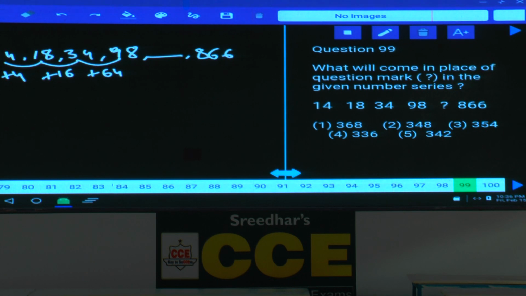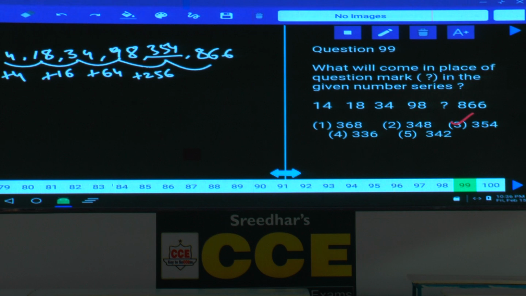Now what are these numbers? 4 power 1, 4 power 2, 4 power 3. Next one is 4 power 4. What is 4 power 4? 256. Now 256 plus 98 is how much? 356 minus 2, 354. Is it there in the choices or not? 354 is a choice. And after this 256, the next one must be